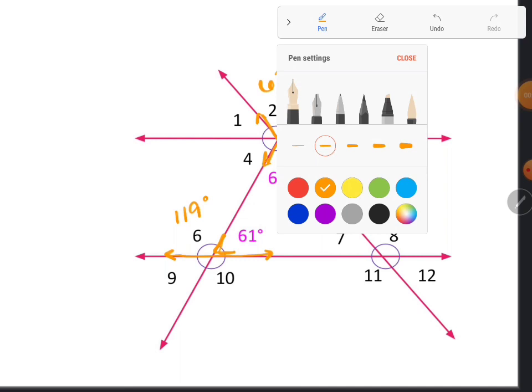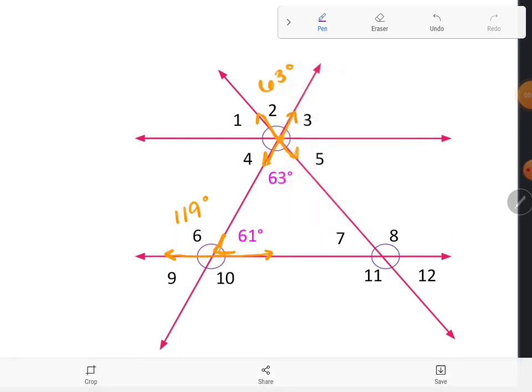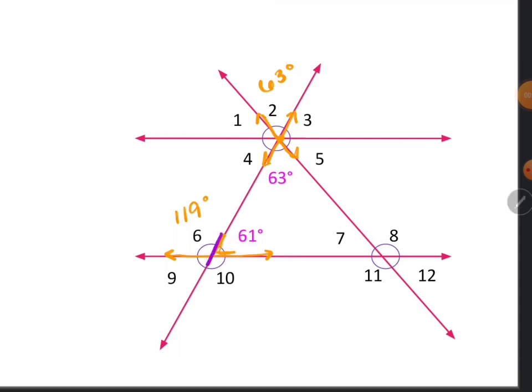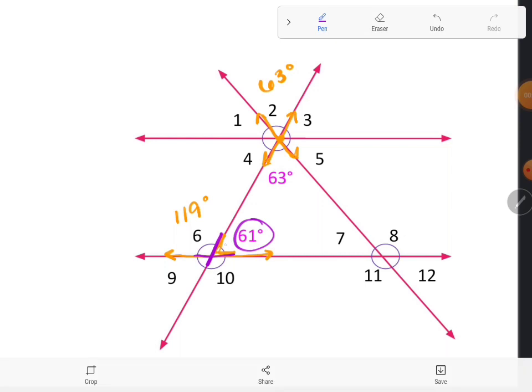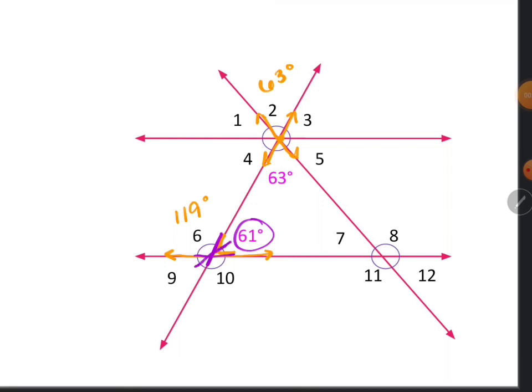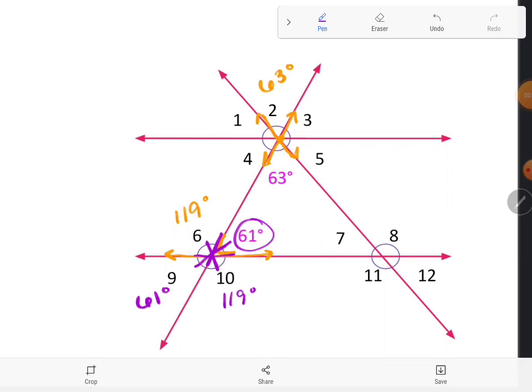Now, if we really wanted to, what we could do is we could go through and just look at complementary, supplementary, and kind of figure out what degree each angle is supposed to be. So again, with this figure right here, we know that this angle is 61, which means the one right across from it is complementary to it and should be 61 degrees as well. It's the same thing going across for angle 6 and angle 10. They're complementary to each other, so angle 10 should be 119 degrees. Now what we want to do,